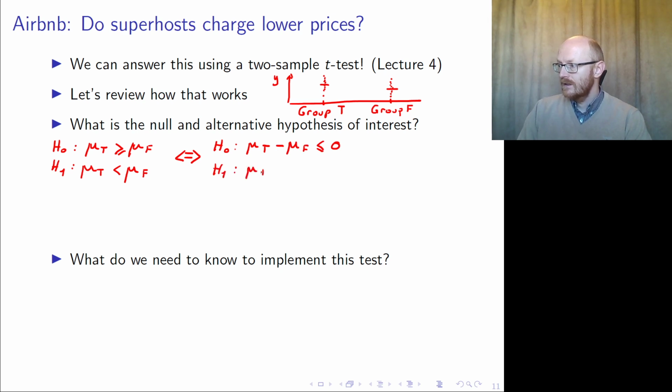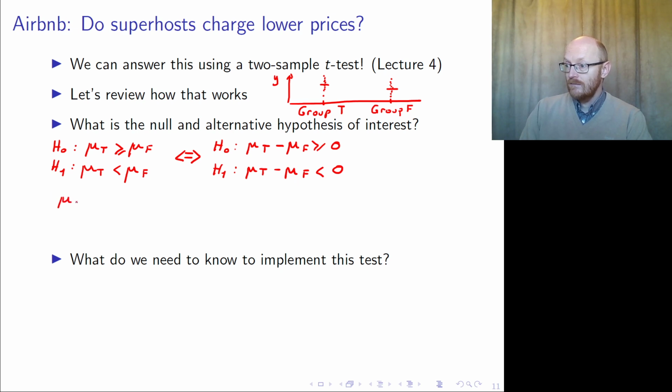So what we are actually testing is whether or not the population mean for the superhosts is less than the population mean of the non-superhosts, and that would make this difference negative. Okay, so